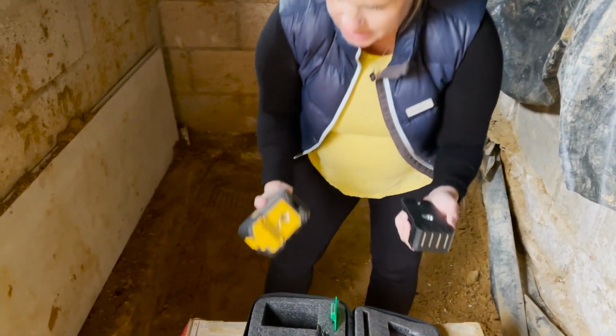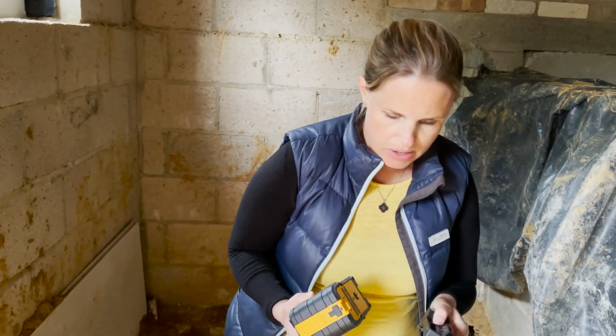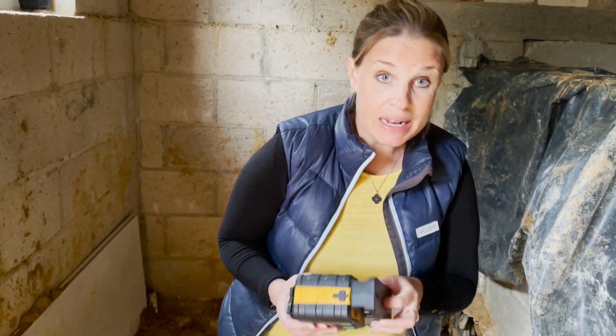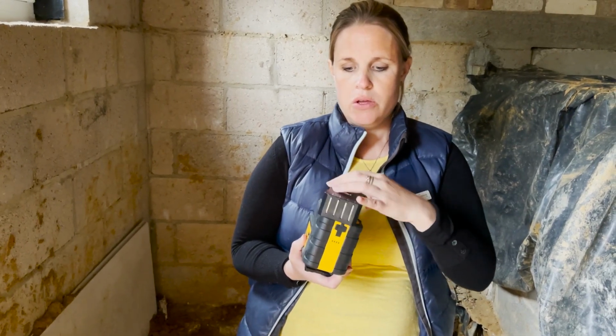So if you attach this to this, let's see if I can do this. I did do it earlier. Try not to make too much of a meal of it. This is magnetic. So if you need to stick this somewhere, then you can basically,